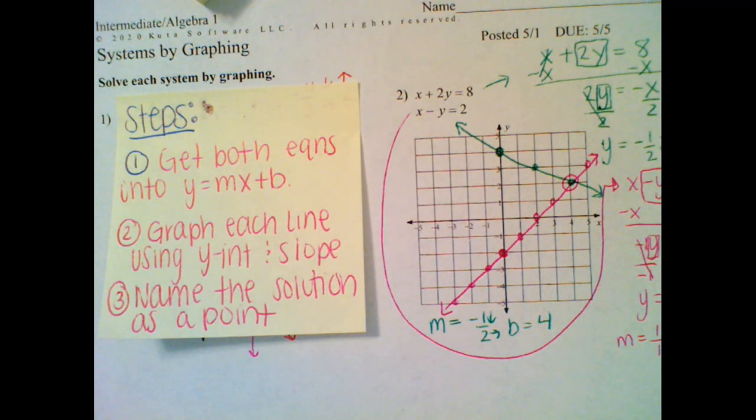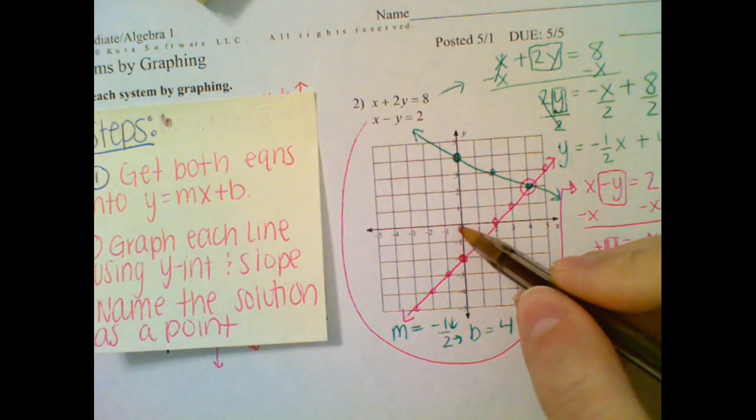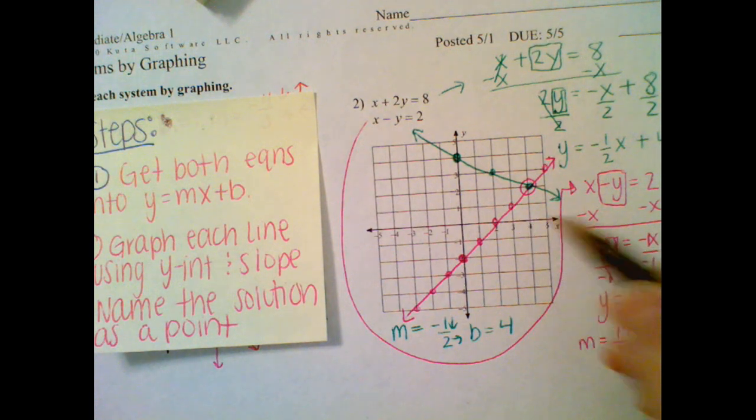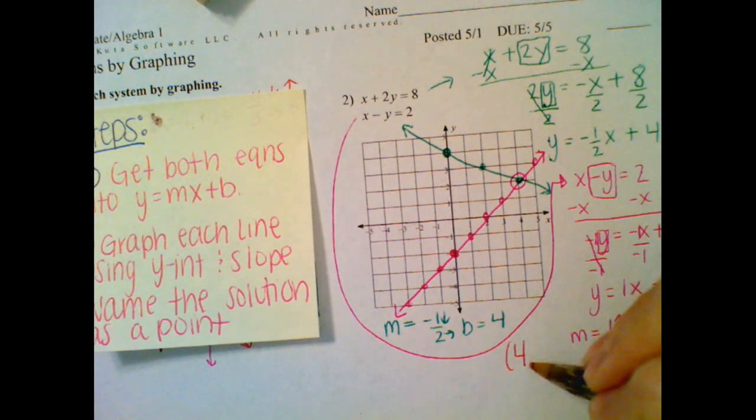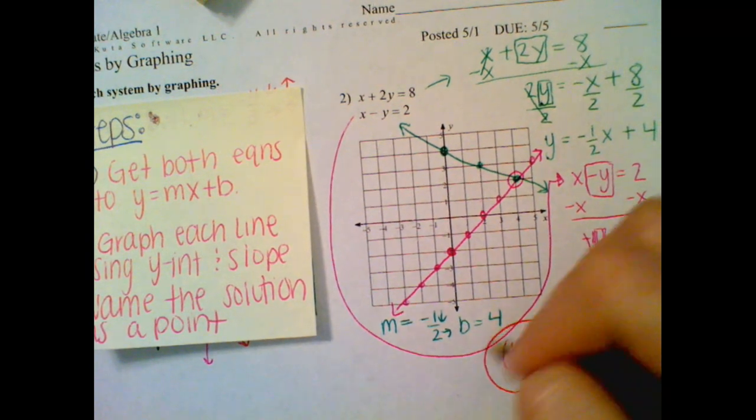So now we just have to name that solution as a point. So I'm going to name where they intersect. So I already circled it. So the solution here is x is 1, 2, 3, 4, comma, 1, 2, up. So my solution is 4, comma,